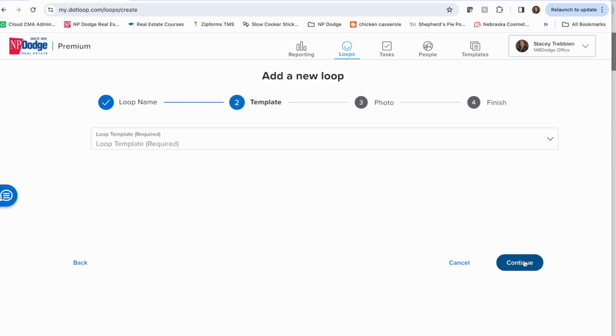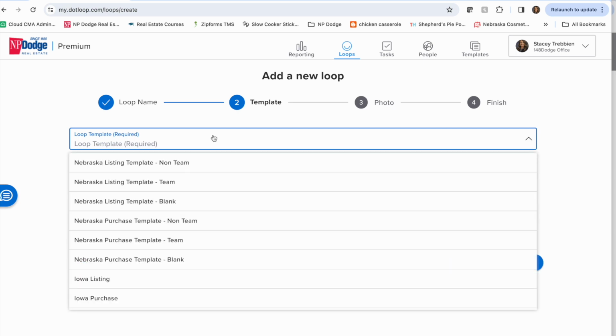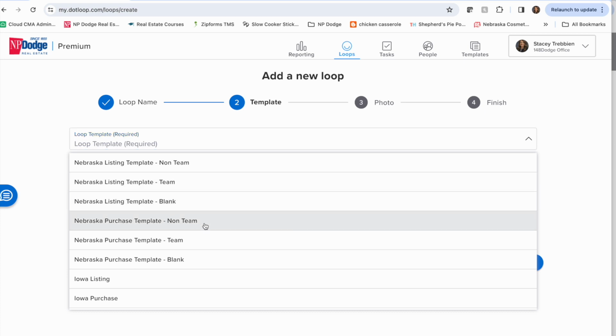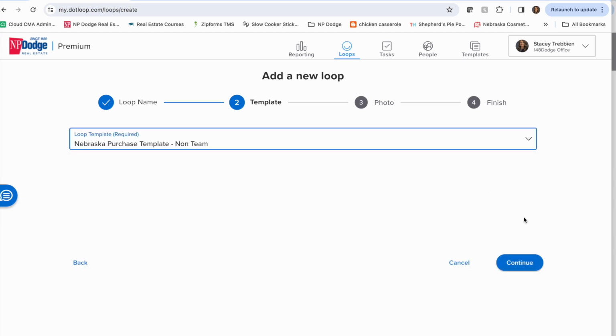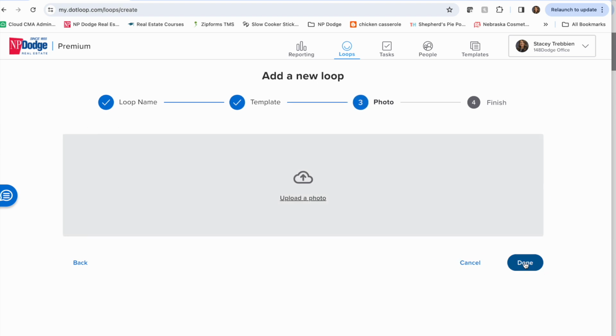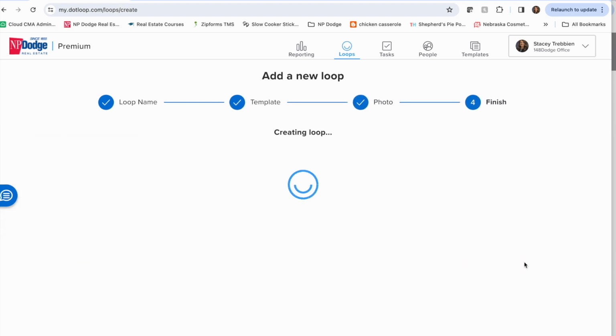I'll click Continue. And now under the templates, you will see the different listing templates and purchase templates that we have created. Let's go ahead and take a look at the purchase template. The only difference between the non-team and the team will be the agency form. I'm going to click Continue, Done, and let it create my loop, and then we're going to take a look